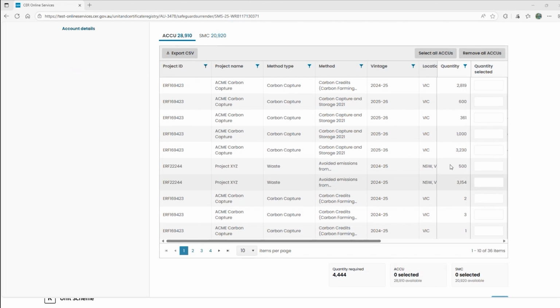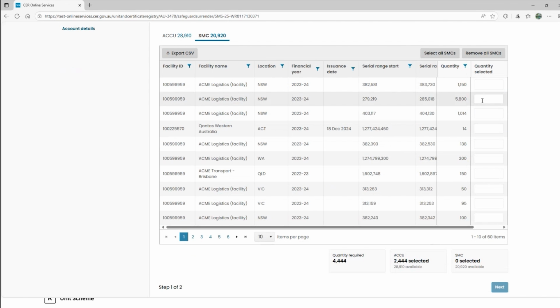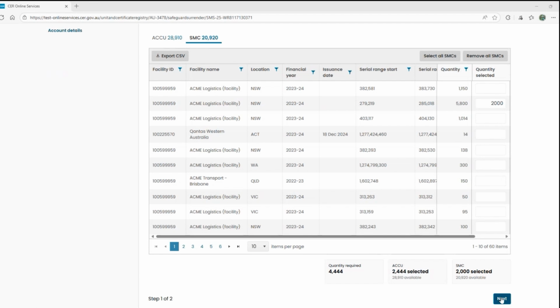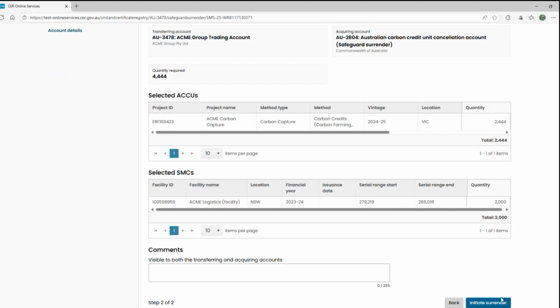So I'm going to go ahead and select units. I'm going to select some ACCUs and some SMCs. When I've selected the right amount, the next button is enabled. If I try and select too many, I'll get an error. When I'm ready, I select Next,